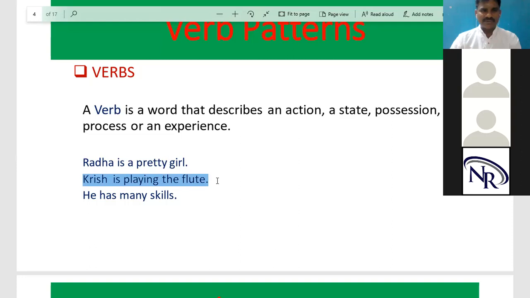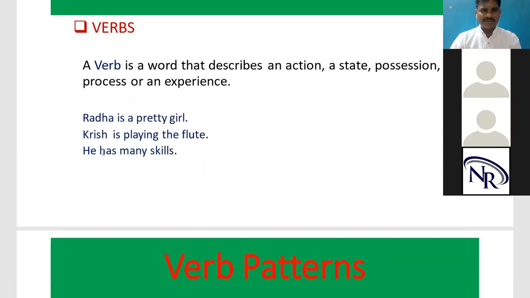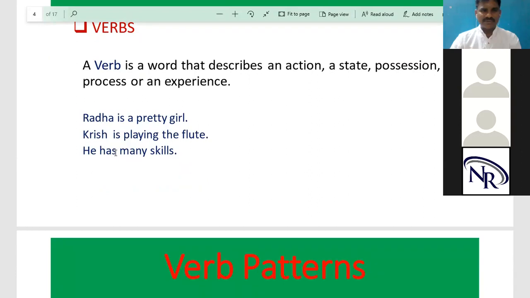Say some action verbs here. What are we doing now? Listening. We are listening to the class. I'm listening to you, and they are creating background noise. So has is a possession verb. Has, have: he has, she has, it has, I have, you have, they have, we have, like that.